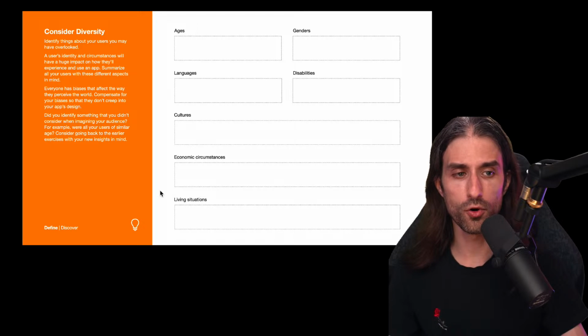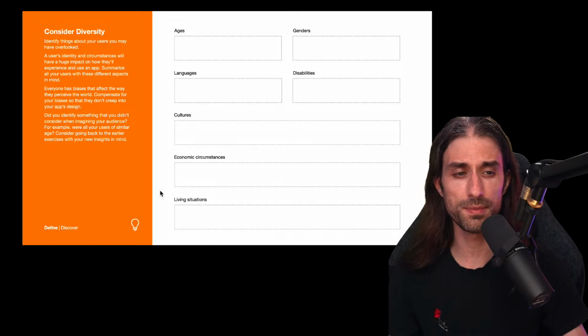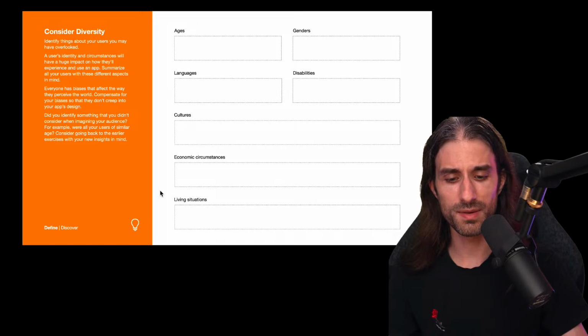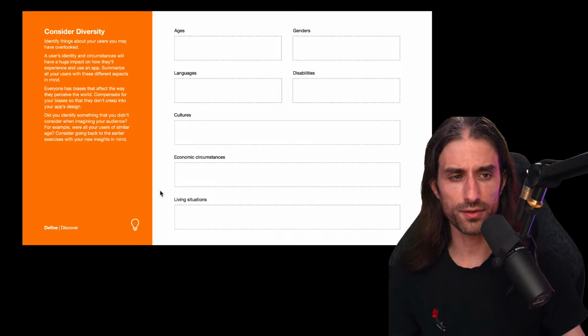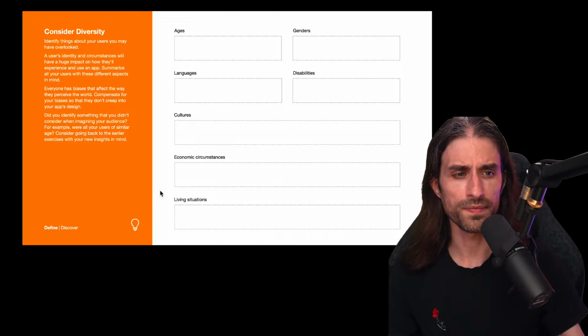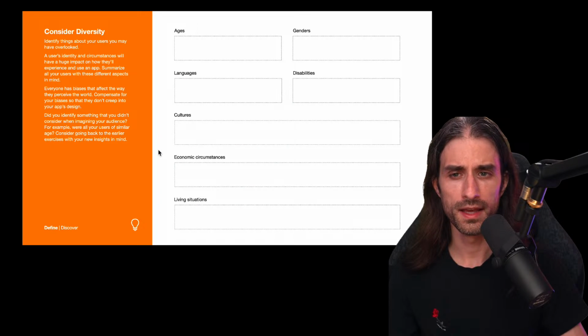Of course, older people might be less likely to use a technological solution to solve a problem than younger people. Children might be more willing to engage with something if it feels more like a game, and maybe adults will be more willing to engage with something if they feel that they have a positive impact on the world, or they are learning something. So all of these things are worth keeping in mind. And I guess you want to try and get as much diversity as you can.